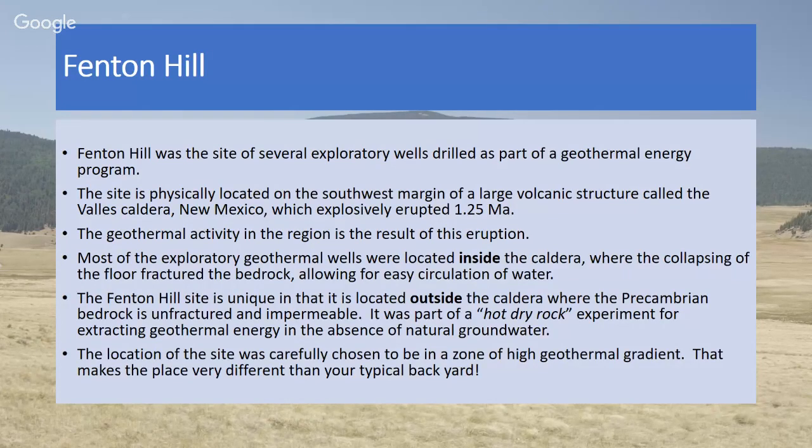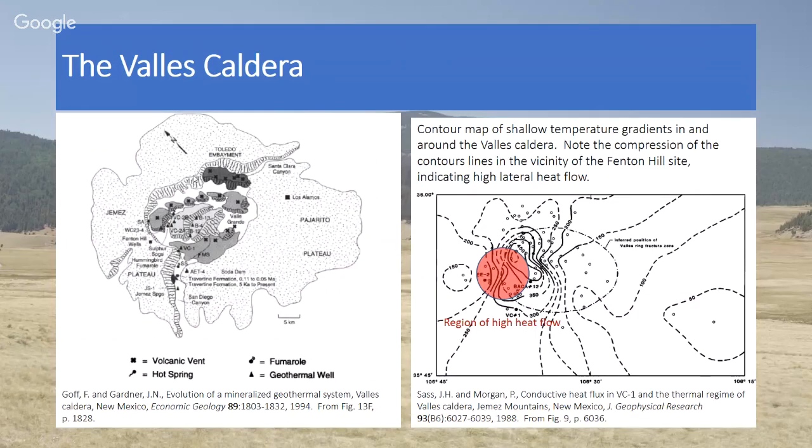And let's look at the Valles Caldera sort of schematically. This is the caldera, so this is the area that was collapsed. You have in the center the resurgent dome and some later eruptions that were around the margin. And you can see this is the part that was collapsed. And if you notice the Baca well sites, a lot of these were some of the geothermal wells interior to the caldera. Fenton Hill is off to the side. And then you have a natural drainage of the caldera. It used to be a big lake, just like Crater Lake. It's filled in now, but you still have a stream flowing out through San Diego Canyon.